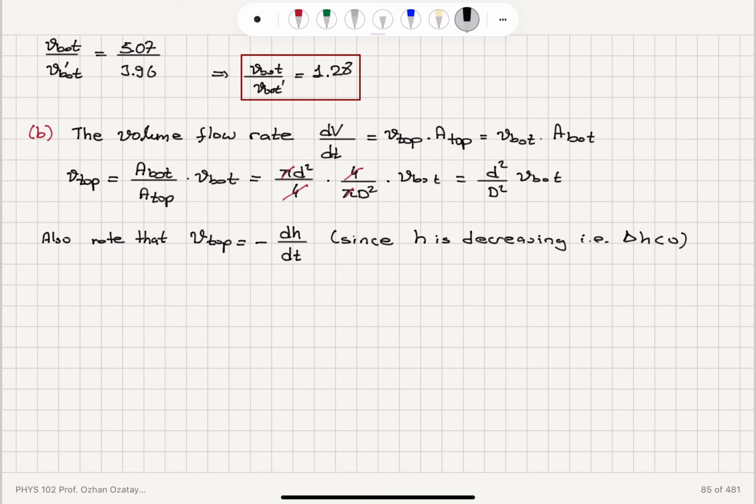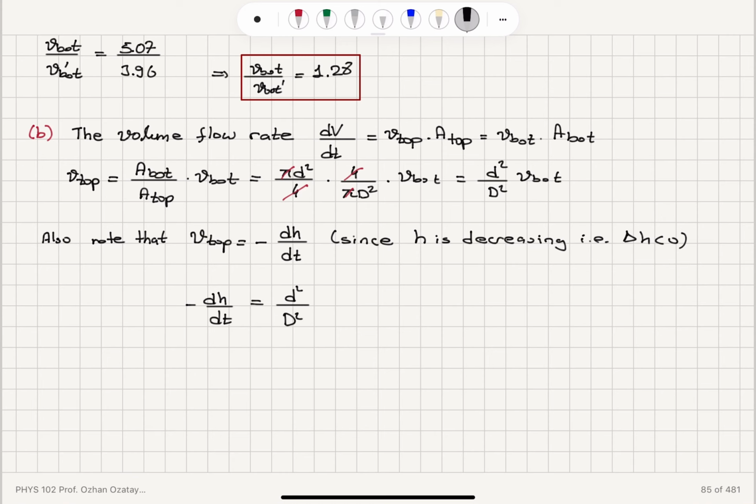Okay, so this is basically minus dH/dt, that's what we substitute for V top, is equal to d squared over capital D squared